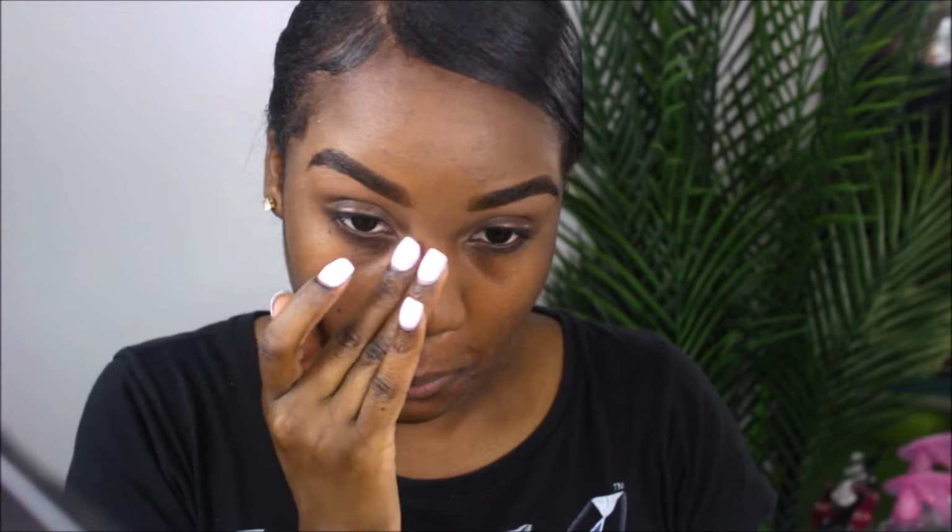And look at that flawless coverage, guys. It's not a full coverage, it reminds me of a BB cream, but look at that. I was super shocked when I put it on for the first time. So I'm going to focus it, like I said, in my T-zone, and I am placing it under my eyes where I have the dark circles as well. Look at that. Do you guys see that? Like, I was shocked when I was doing this